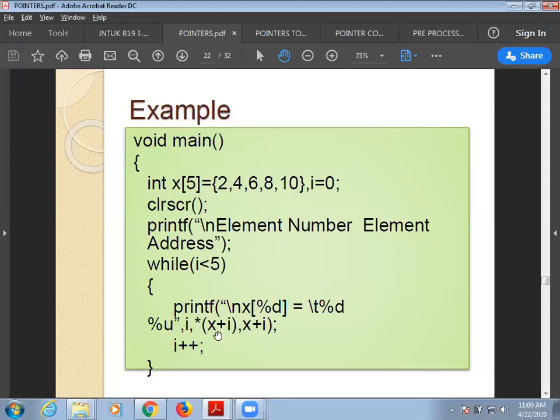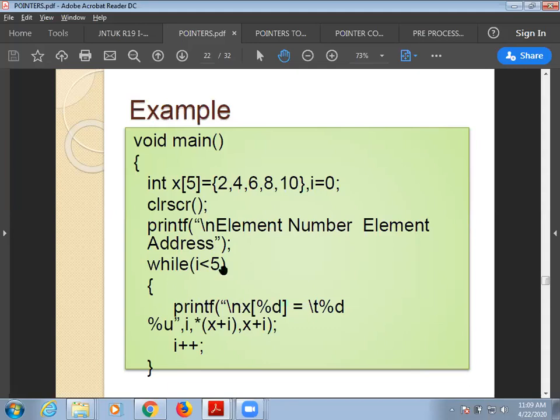x plus i means, what is x? x will be the address of the first element. Let's call it 1000. So 1000 plus 0th address I am trying to print here. Whatever the value 2 that I am printing, I'm printing the address here.